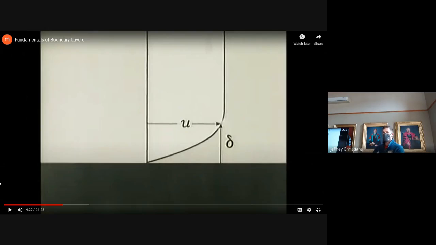The air right at the surface is coming to a dead stop, and viscosity is dragging on the air just above it and slowing it down. So that's physically what's happening. This fluid's coming to a stop and viscosity is dragging on the fluid right above it and slowing it down. Okay, let's jump to